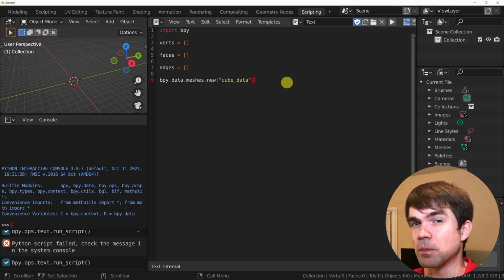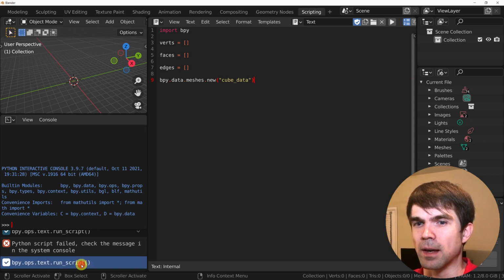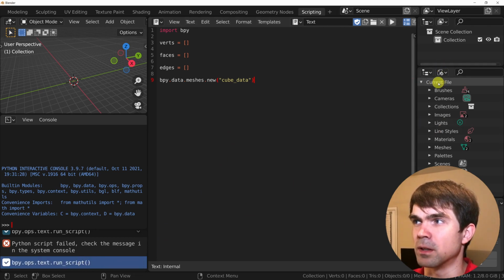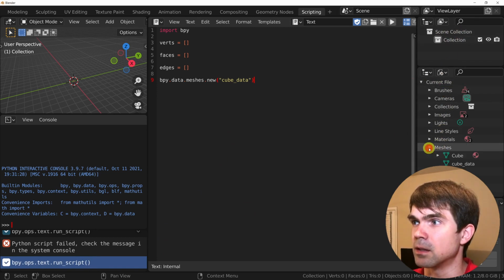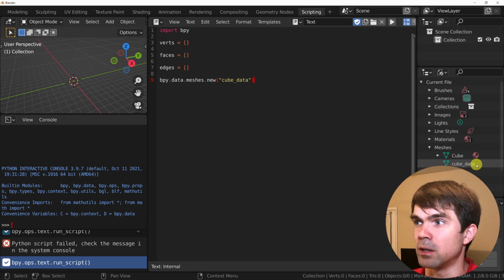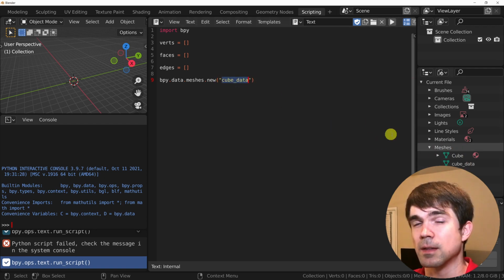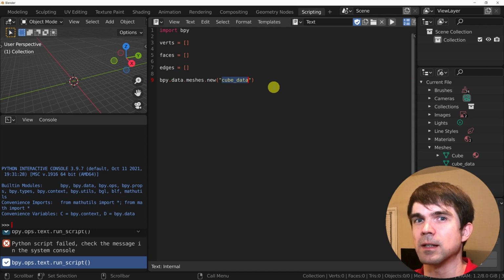As you can see, the script ran, but there's no real way to tell unless you open the current file right below the outliner and look right here, where you can see the cube data that we called cube data. It's not being used anywhere because we need to create an object that will use this.